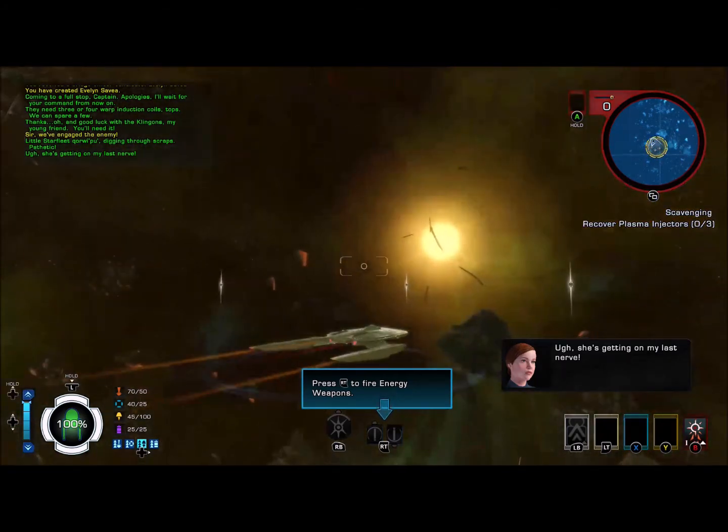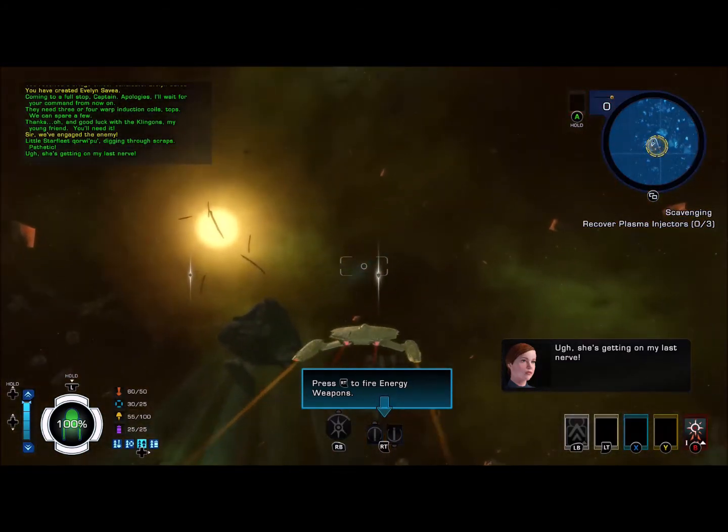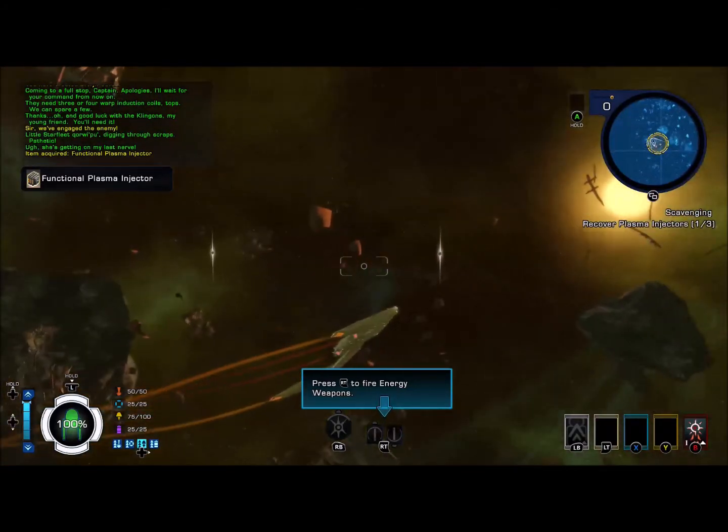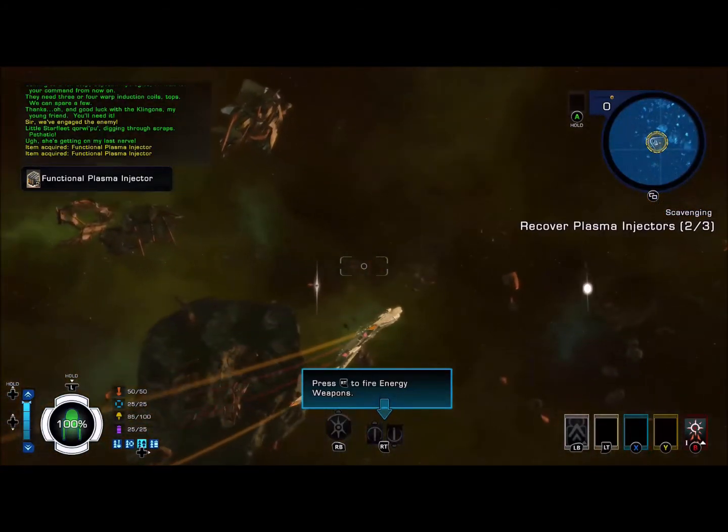As you can see at the bottom there, you can route power to whichever system you need to. I'm skipping the instruction because diverting power to engines gives us...